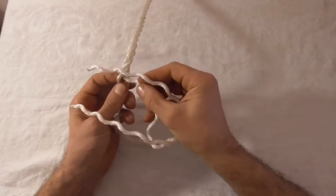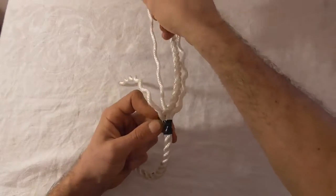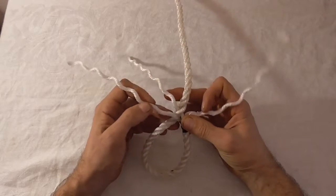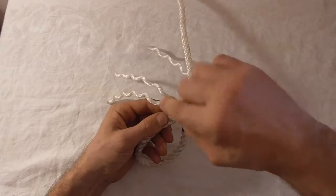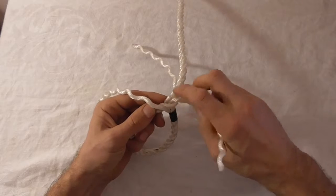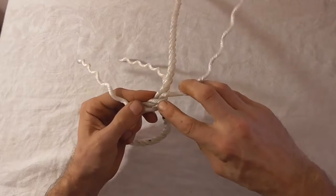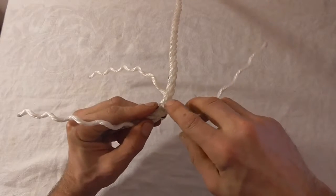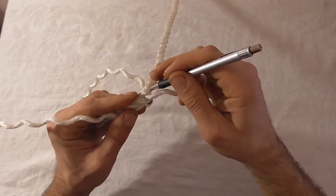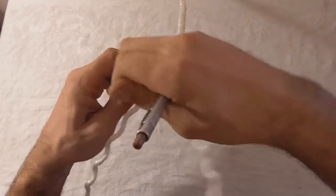So I'm going to pull the center strand through that top tuck and pull it tight. Now the 2 other strands, the left and the right. The left one wants to go up through the next one up on the standing part of the rope. So the center one went through here. The next one wants to go on the next one up, which will be this one here. Open it up, push it through,